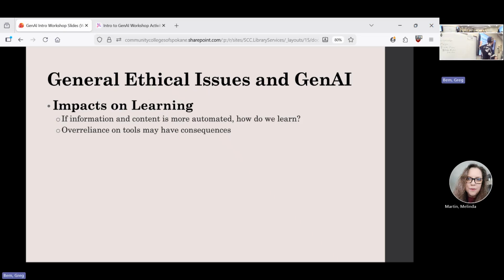Impacts on learning. This is a huge one for us, especially in this class. When you're using a new technology that's providing a lot of information really fast, that may seem really great, but it may also impact your learning. It may be able to support your learning style. You may be neurodivergent. You may need information provided to you in a certain way. It may help with your language and what language or languages you like to use, all of these different types of features. But it's also providing so much information so quickly that it can have cognitive impact.